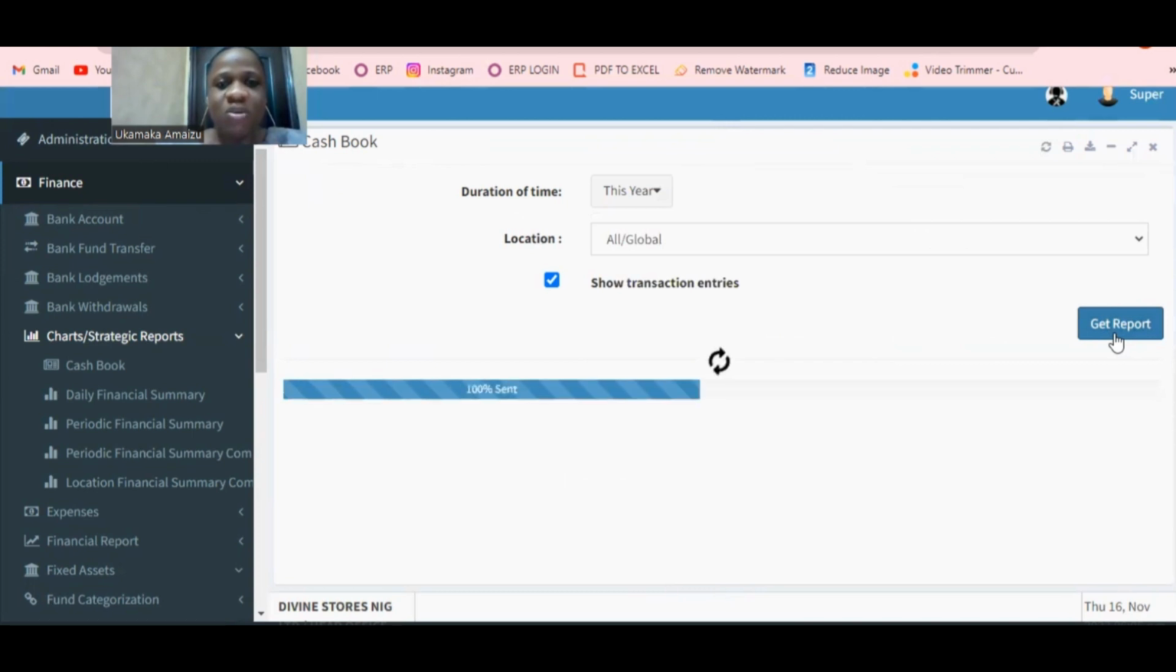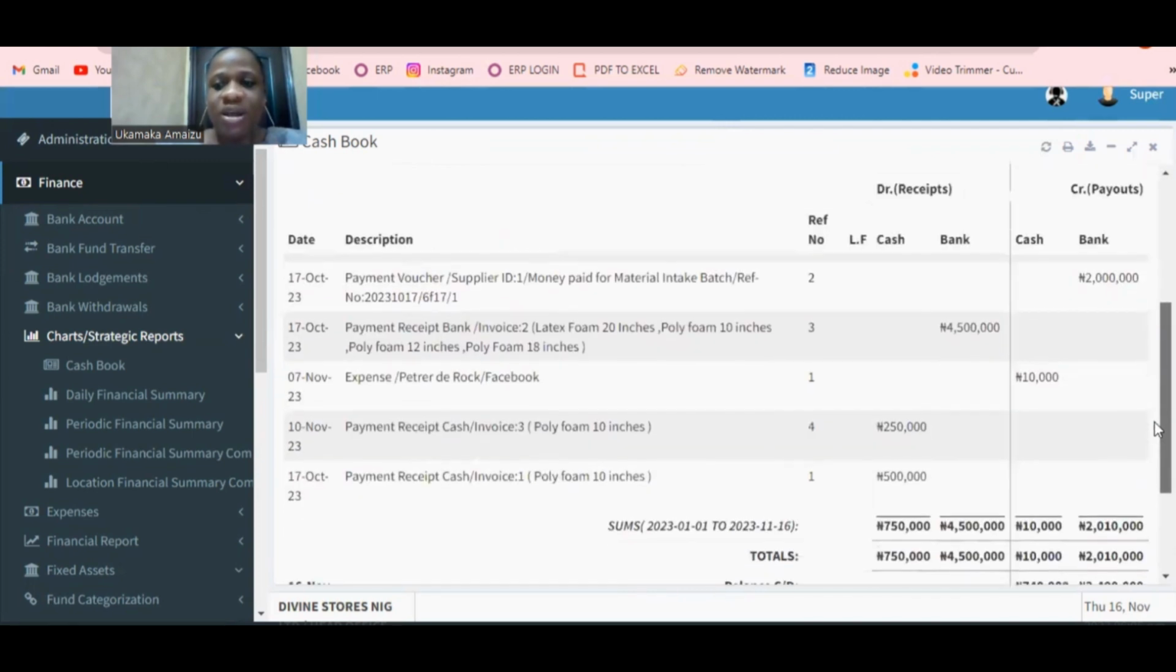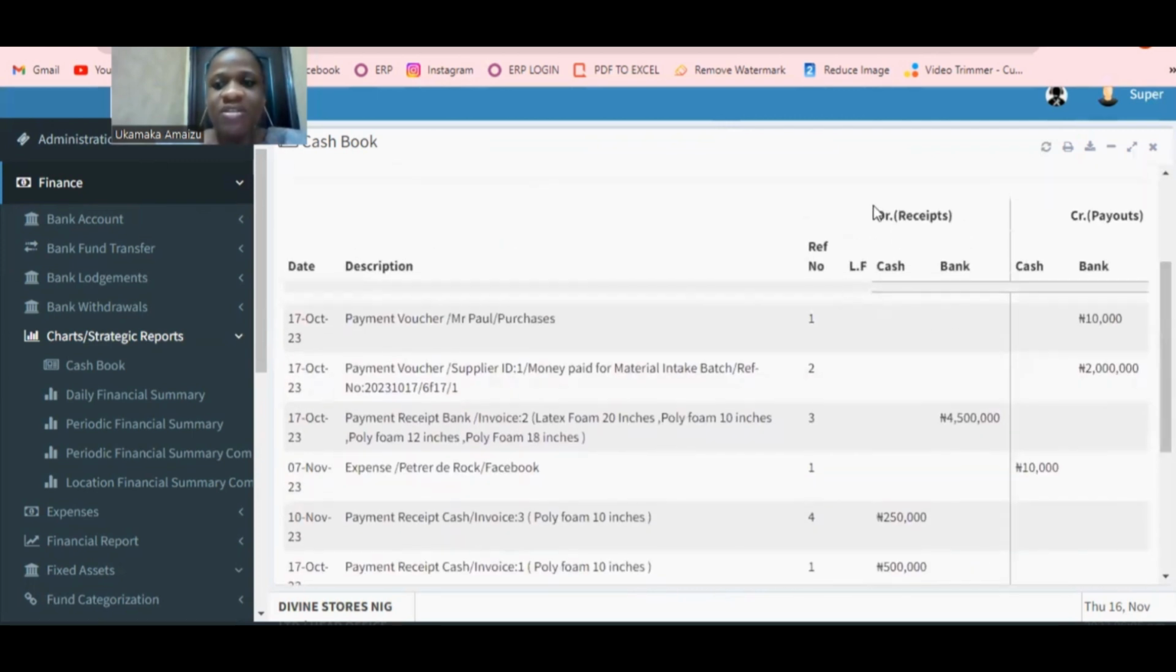Okay, so this is the summary of how money has been moving around the business. This side is receipts, this side is credit. Still remember our debit and credit side, right? Receipt and payout. So there's supposed to be an opening balance here, but there's not because of what I've just explained in product. So the same is explained: there was a payment voucher. We made payment for purchases to Mr. Paul,